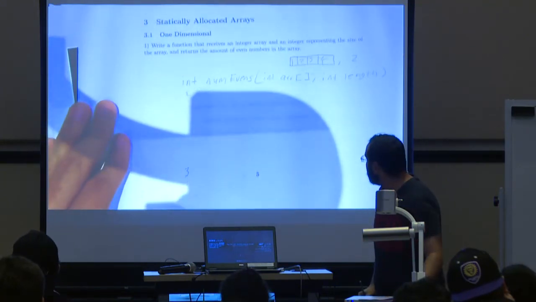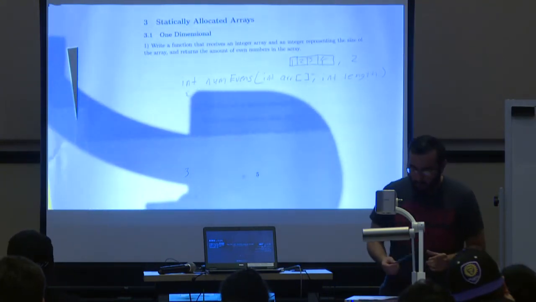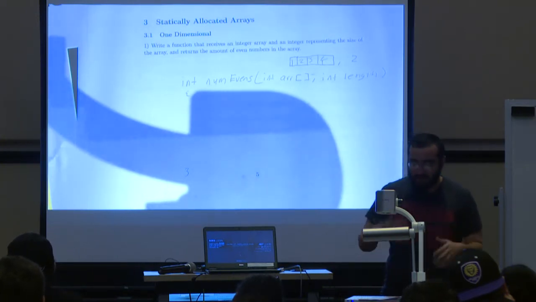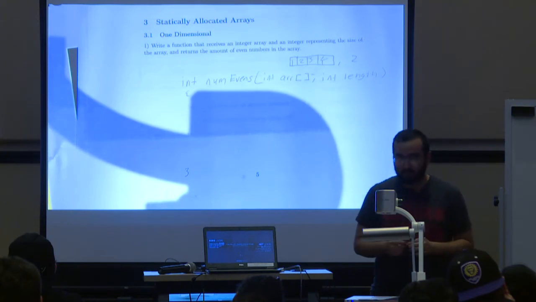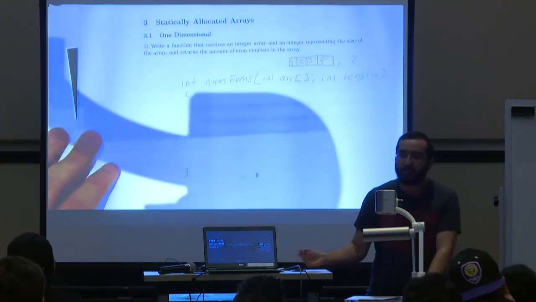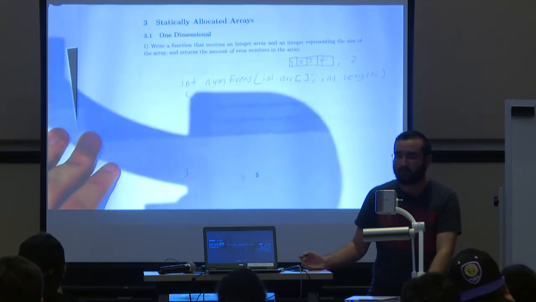So let's move this up a little bit. All right, so we get this array, and we know its length, which means we can go through each array and figure out how many even numbers there are. Now, we know that the definition of an even number is that it's evenly divisible by 2,